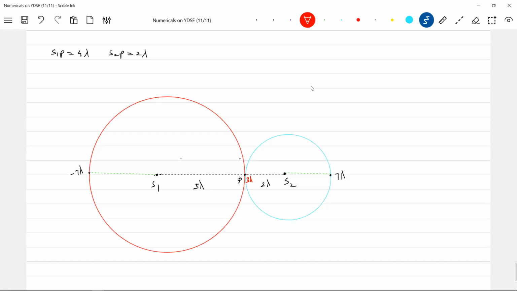And minus 7 lambda is there. So what has to be done now here? After this, what happened? There can be a situation where the path difference will be 6 lambda. Let me keep on writing things. 6 lambda, exact position we have to work out. Here 3 lambda is there, no? 4 lambda will be somewhere here, 5 lambda will be somewhere here, 6 lambda will be somewhere here.